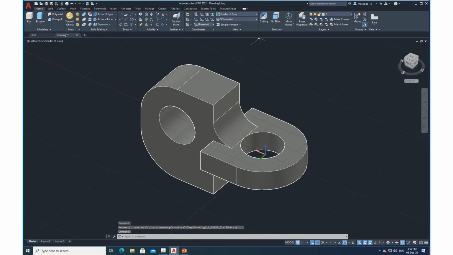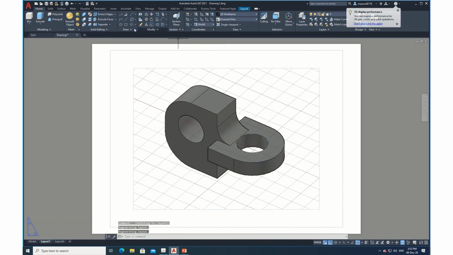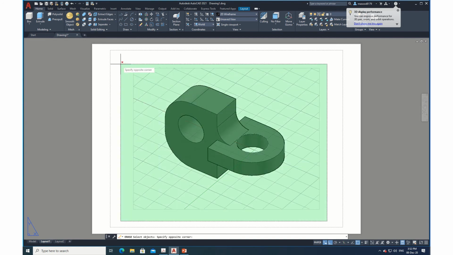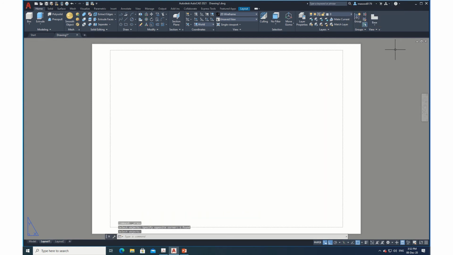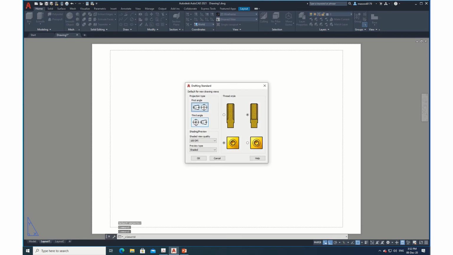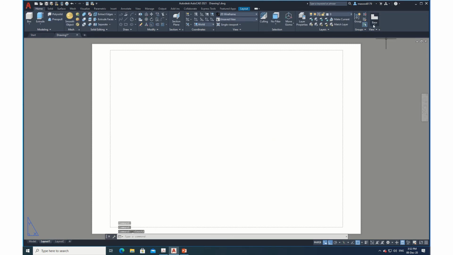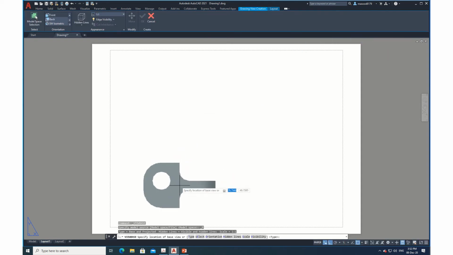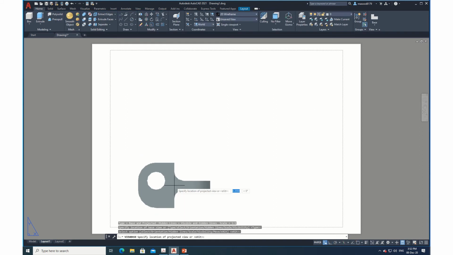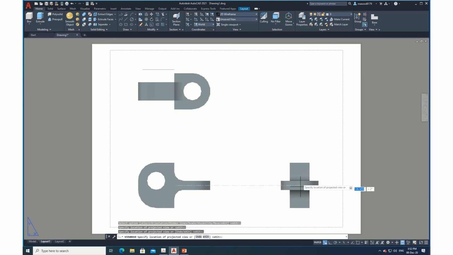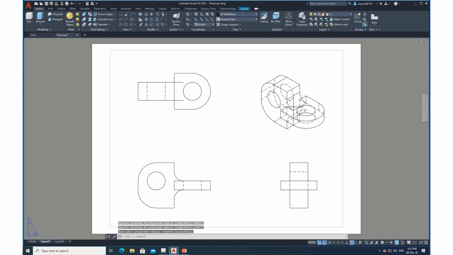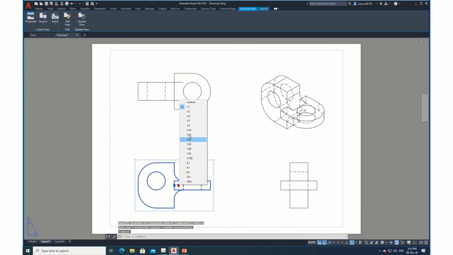Now what is the next job? Next job is to go to the layout view and do the dimension. Go to the layout view. You have this drawing, just select rubber, delete everything, enter. Now go here, change the angle of projection, go to third angle, say OK, select the base. From model view you bring here, click here, enter, go up, click, come here, click, go here, click, enter. Everything is done.